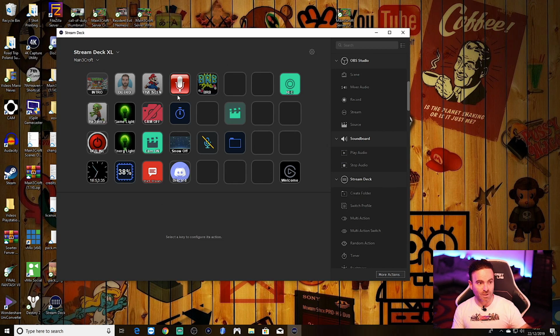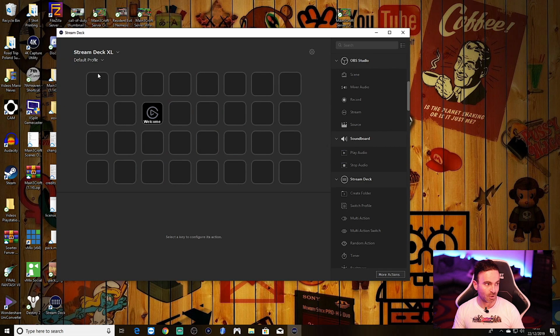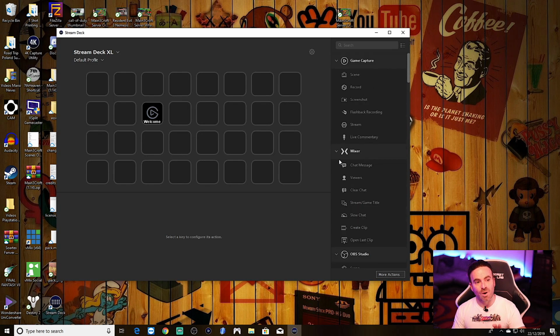As you can see, all this was already set up by me, because when you start, the only key you have is the welcome. And if I go to the default profile, this is what you see when you get the Stream Deck working on your computer for the first time. And all the options that you have available, you can use and drag, because this is all about just moving them to where you would like to put them. All these keys are exactly the same. If I move it over here, it will be seen in exactly the same place on the Stream Deck